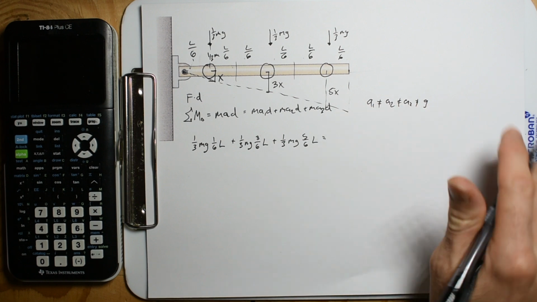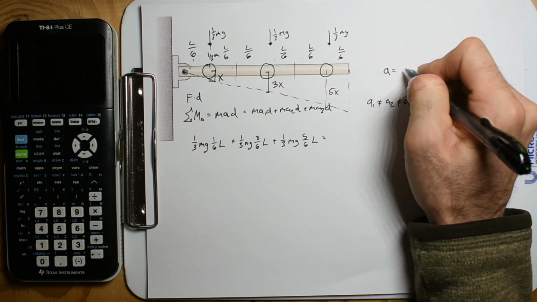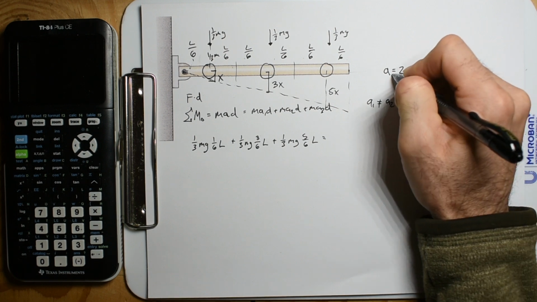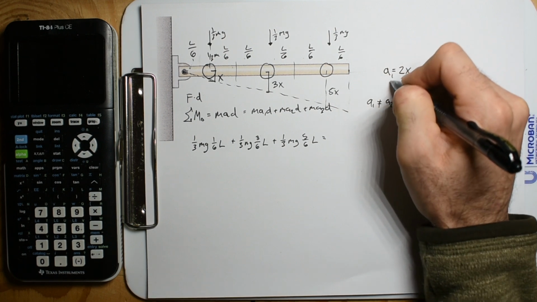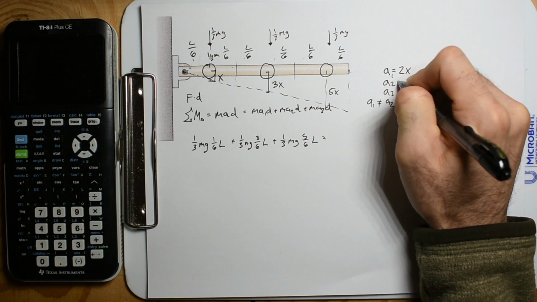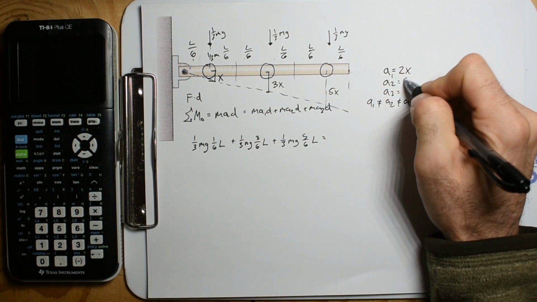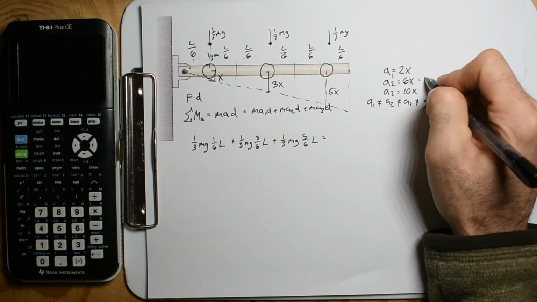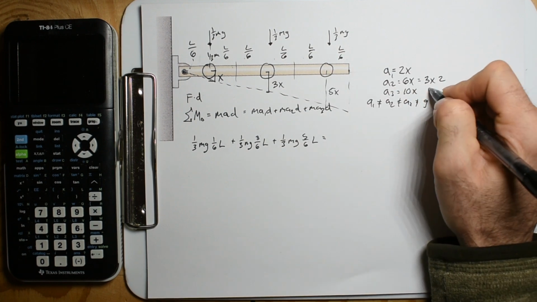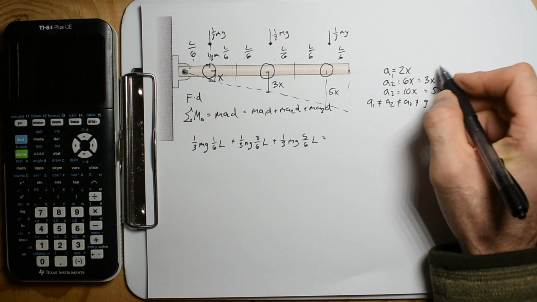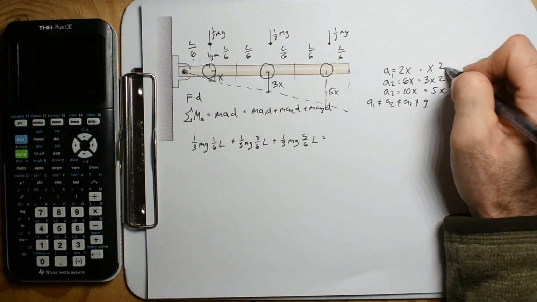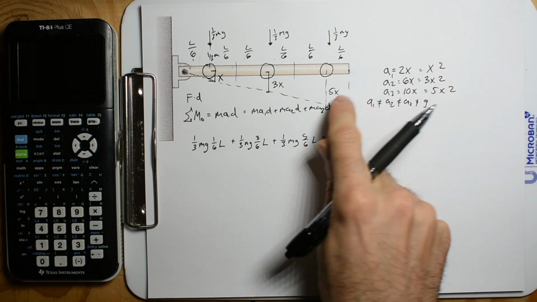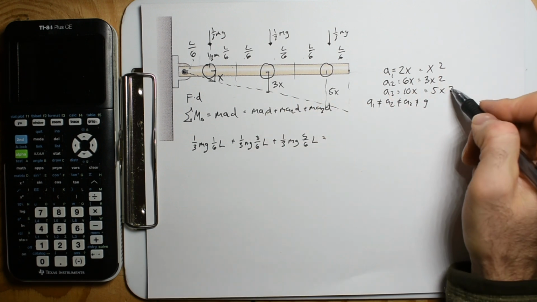And then we're going to do our equation. We know that the acceleration term is going to be 2 times the distance term. So for 1, it's going to be 2x. For this one, it's going to be 6x, and for this one, it's going to be 10x. You know what I mean? Or you could say it's going to be 3x times 2. This one's going to be 5x times 2, and you could say that this is just x times 2. So if you want to keep track of what we're doing,